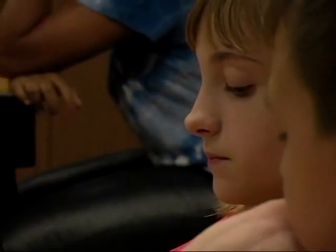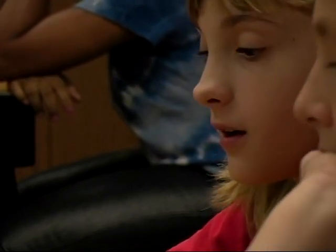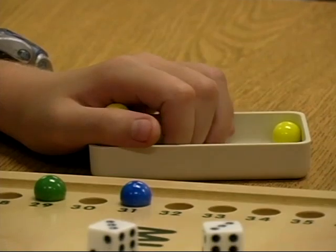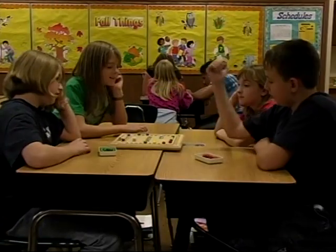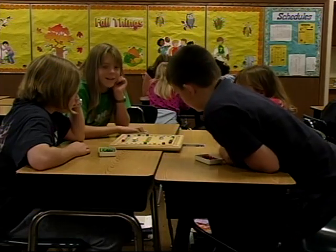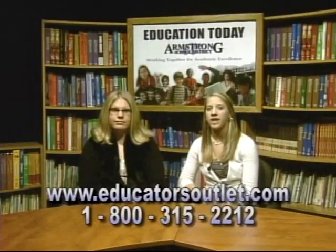The game of Muggins is sometimes called analytical aerobics for the mind. Add, subtract, multiply, and/or divide 3 numbers together in any combination. Select the answer that builds your marble color into a run or blocks your opponent's run. Use all your cunning, skill, and luck to outwit and outbluff your opponents. It's for ages 8 and up and costs about $30 through educatorsoutlet.com or at their toll-free number